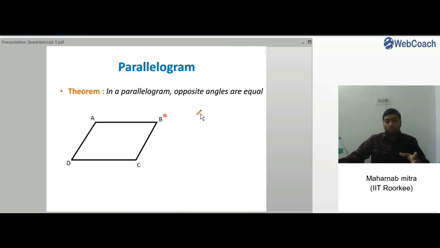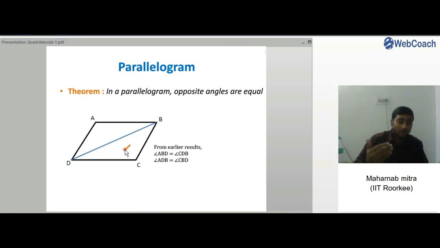And now we have to prove that opposite angles are also equal. And we can do it in the same way by showing that these two triangles are congruent to each other, or just by stating the theorem that the diagonal divides the parallelogram into two congruent triangles, and from there directly